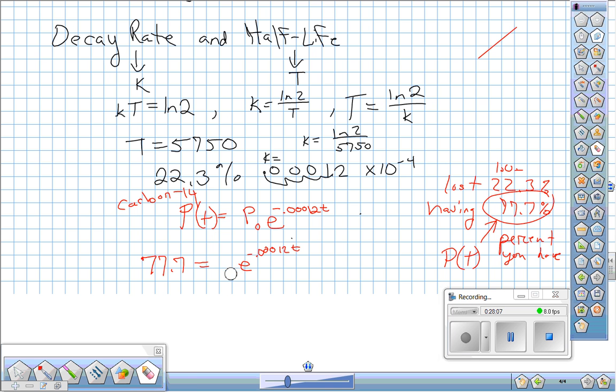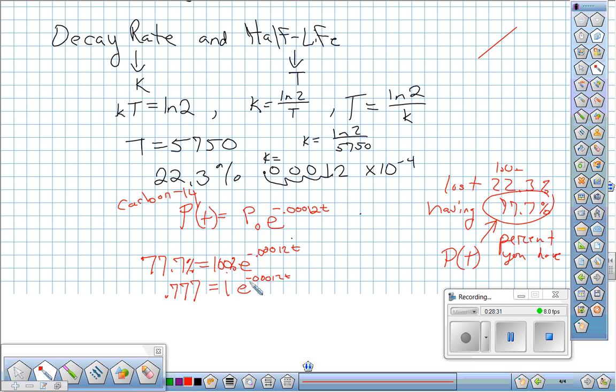So I'm going to replace the P sub 0 with 100%. I should have written out a percent over here. I'm being sloppy. 100% is the same as 1. So I'm going to rewrite my decimals so that I don't have percentages anymore, and I have 0.777 equals 1 times e to the negative